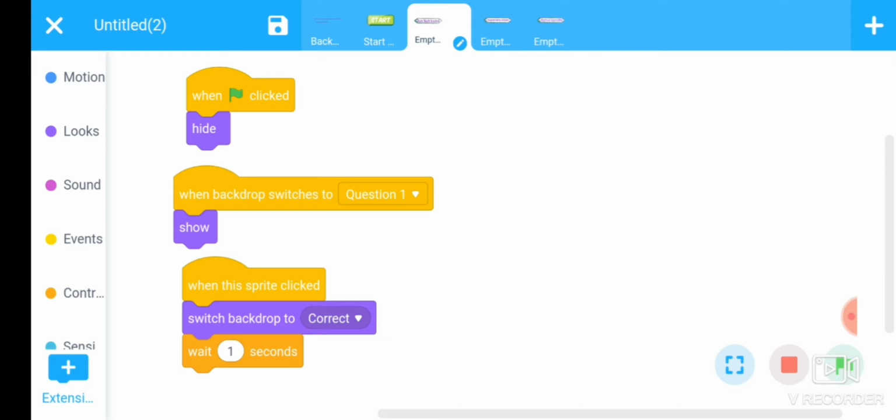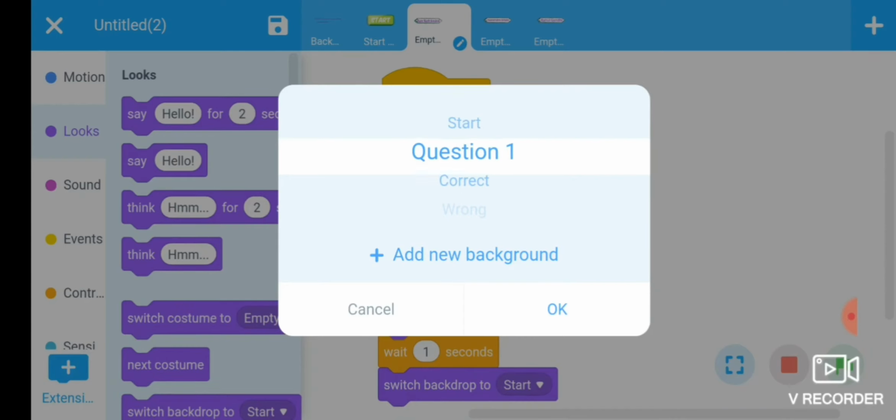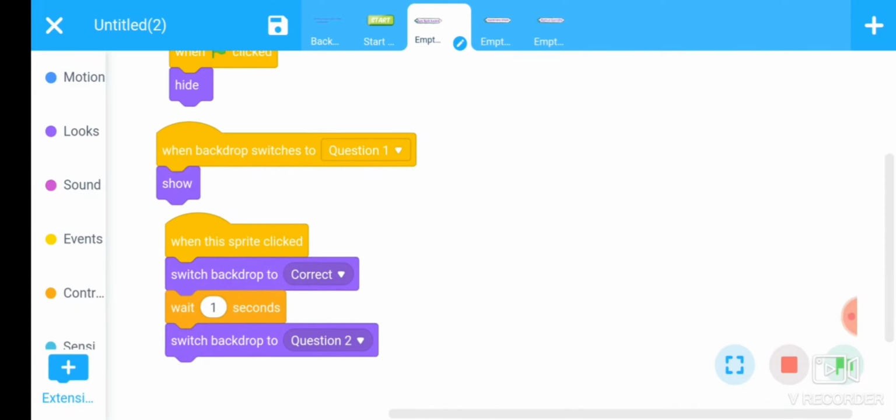That's why we have used the show command. And then when this sprite is clicked, switch backdrop to correct, wait for 1 second, and then again the backdrop should be switched to question 2. Question 1 and question 2. Fine.